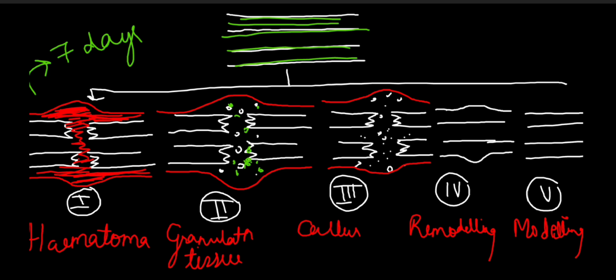So we have seen that soft tissue healing can take place by fibrous tissue, and the bone healing takes place by formation of the osteoblast, which will help in the formation of the new bone. So the next stage is the callus, in which the granulation tissue will further differentiate to create osteoblasts. So the granulation tissue जो है वो further differentiate करेगा to form the osteoblast, और ये एक solid callus के